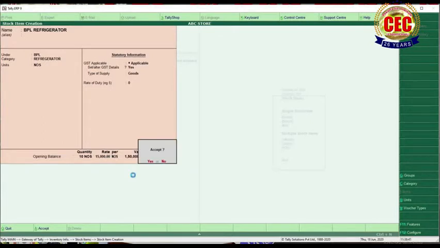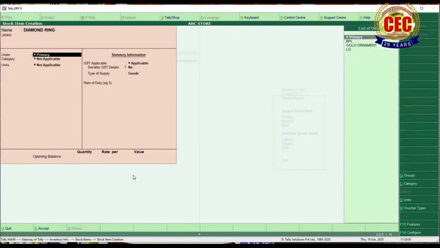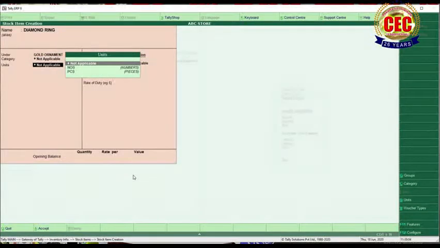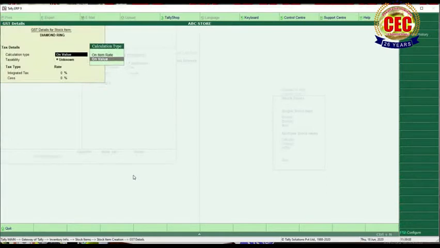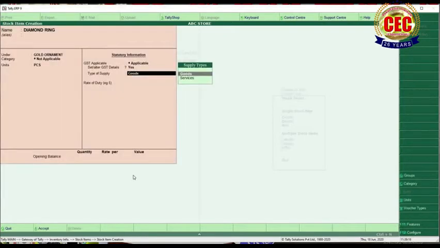Then the next one is ring, that is gold ornament, not applicable, pieces. It should be 12%.